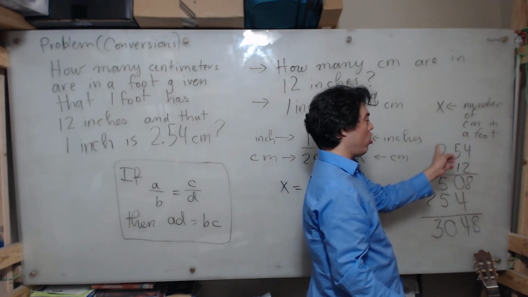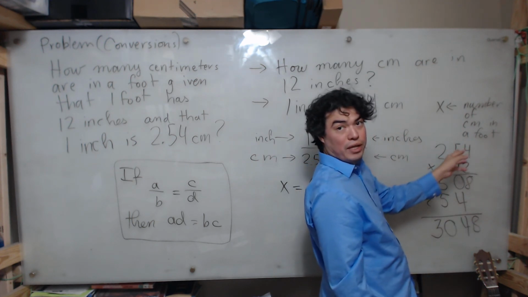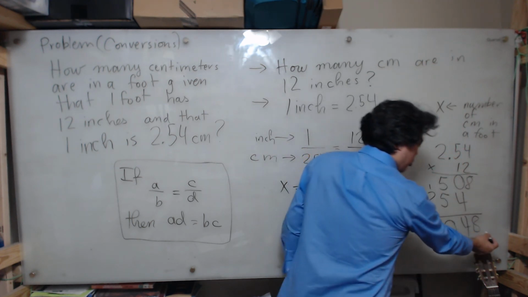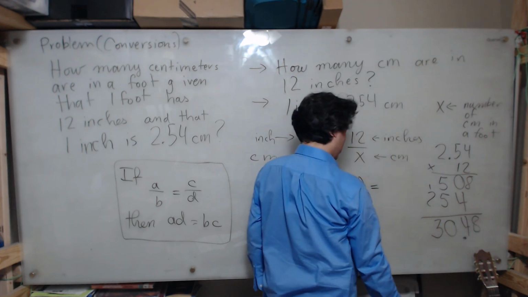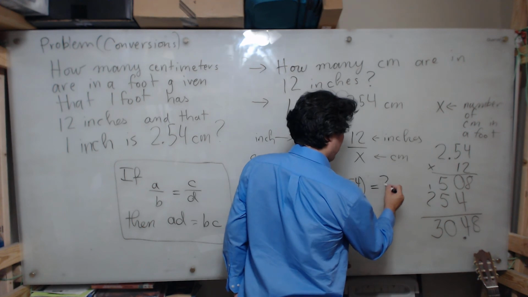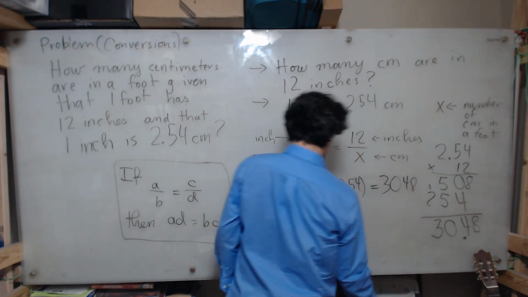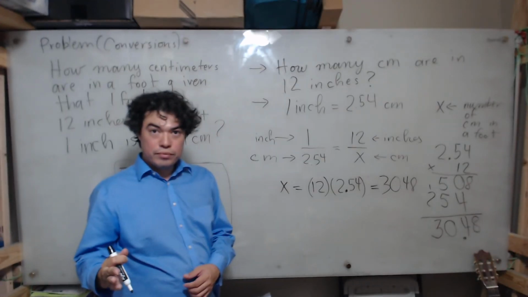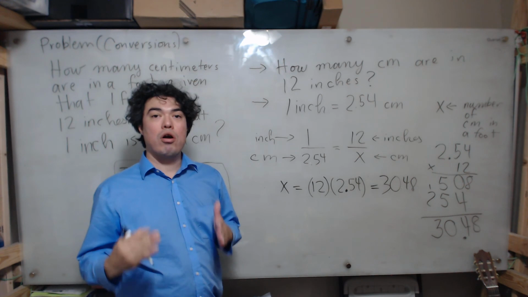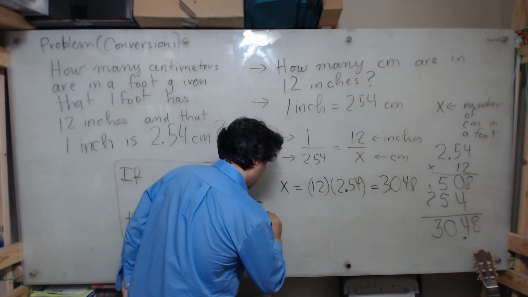Now, if I look at all the numbers that I'm multiplying on the top, there's only 2 decimal places in total. So starting from the right, I'm going to go 1, 2 to the left, and I see, aha, it's 30.48. So x equals 30.48. So now what does that tell us? That tells us that in a foot, in 12 inches, there are 30.48 centimeters. In a foot,